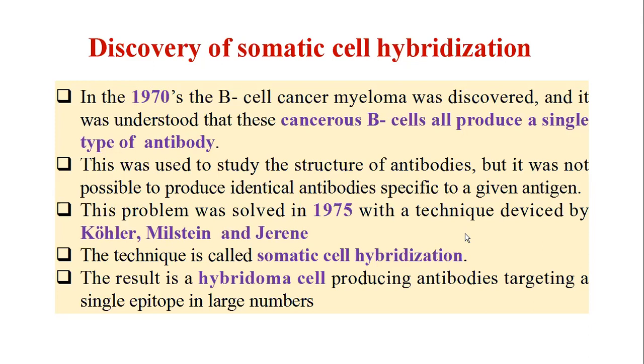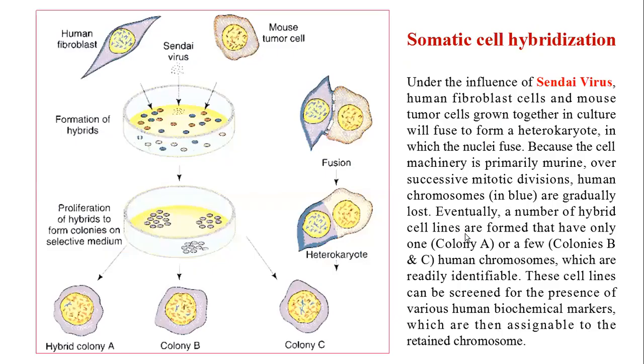This problem was resolved 5 years later by three scientists, Kohler, Milstein, and Jerne, who developed a new technique called somatic cell hybridization. This technique results in a hybridoma cell producing antibodies targeting a single epitope in large numbers. So here you can see what somatic cell hybridization is. Here Sendai virus is used along with